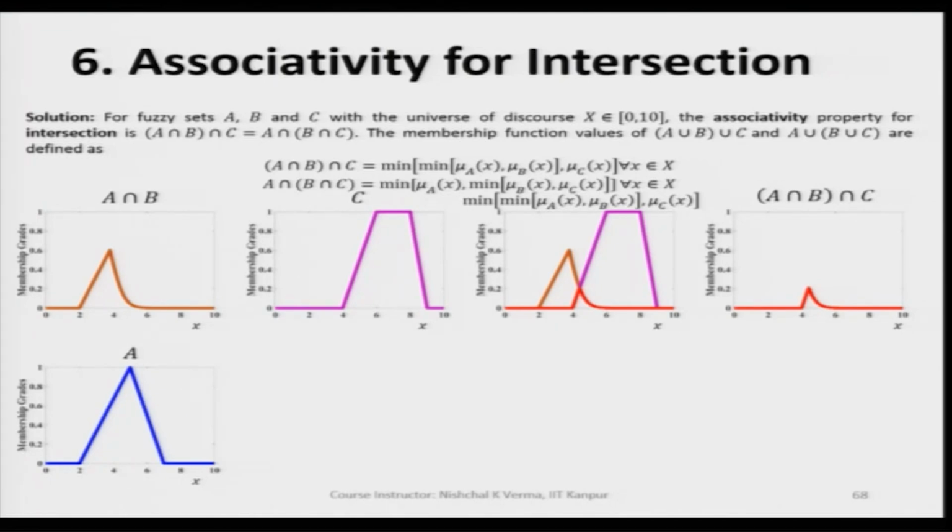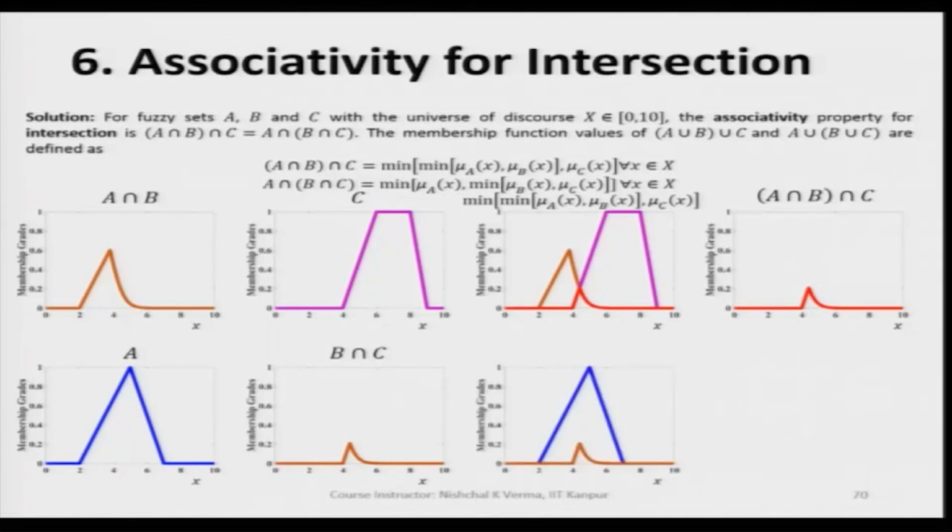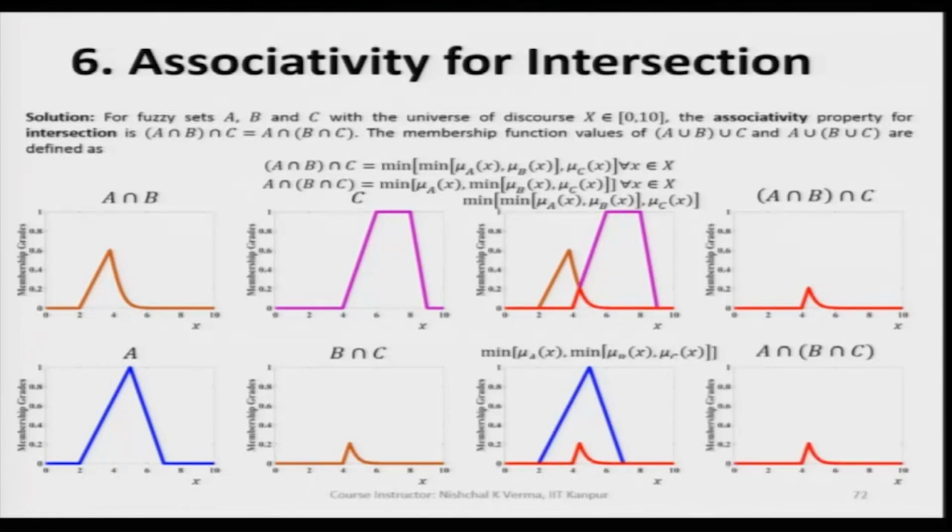We have A fuzzy set first, we take the subnormal fuzzy set B intersection C, and when we find A intersection B intersection C, let us see what we get. When we apply the min condition, we are going to get this as